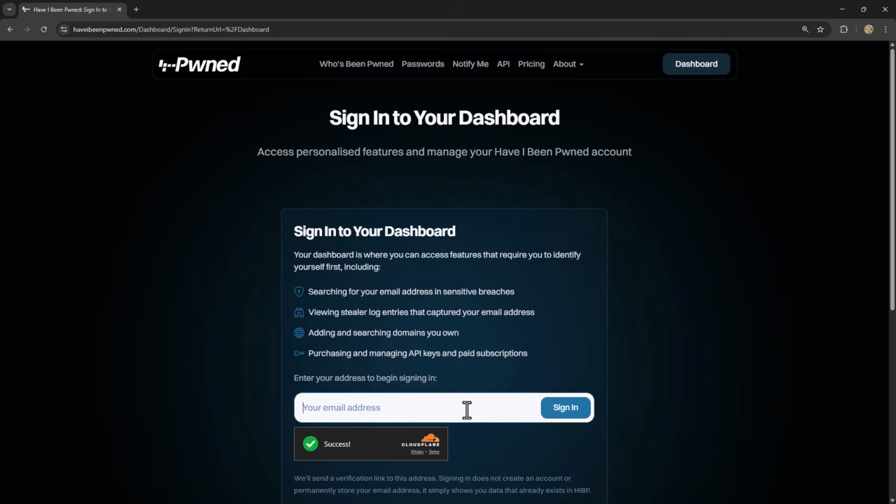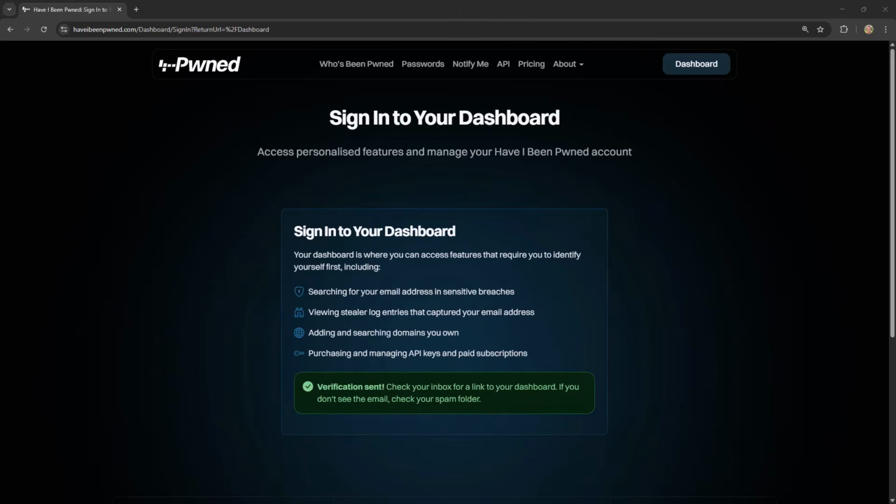It doesn't matter if you've never used Have I Been Pwned before. You can sign in with any email address you like. I'm just going to use demos@troyhunt.com. That then sends off an email with a link, and once I follow that, I am now signed in